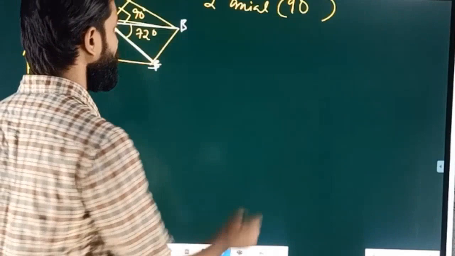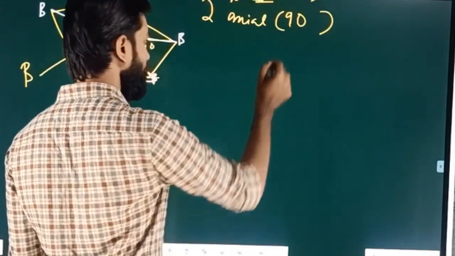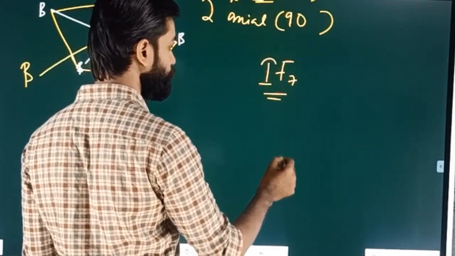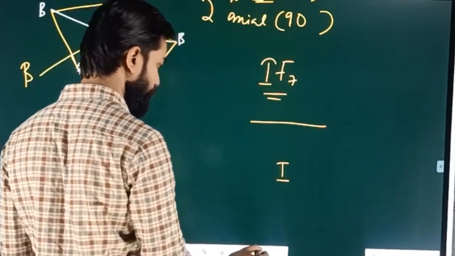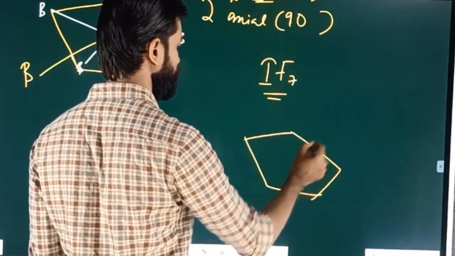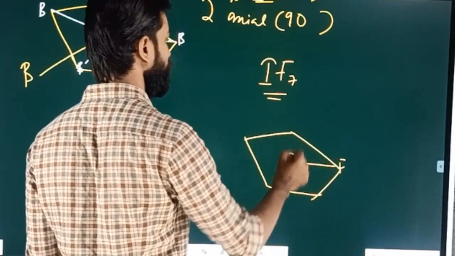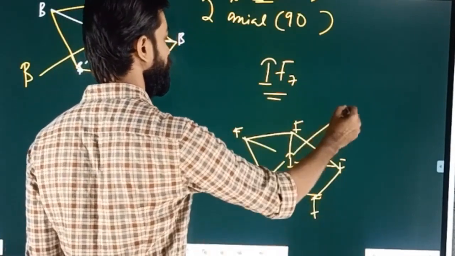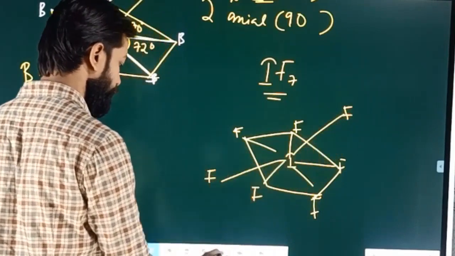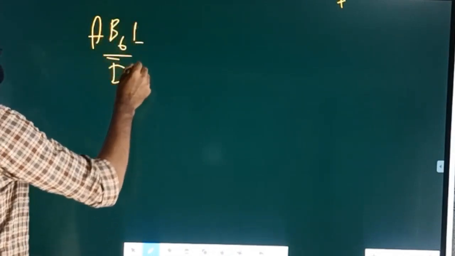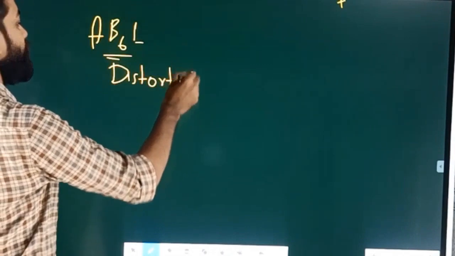Ready? So IF7 is the example. The shape of IF7, you have to show the shape like this. Adding a fluorine here, a fluorine here, a fluorine here, a fluorine here, a fluorine here, another fluorine here, another fluorine here. Okay. So next, the last shape is AB6L, distorted octahedral, which is actually a variation of